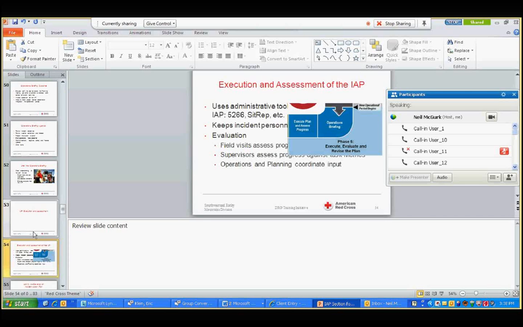And then basically what they have is their task. They're going to get a new exercise scenario or a continuation of the exercise scenario, and they're at the beginning of the day. Their goal is to develop an IAP for the next operational period, meaning they have to develop the IAP for tomorrow, and they've got to go through the entire process and work it out. They'll have about 2 hours to do that using the new information in their scenario. And then they'll have to come back as a group and discuss and work through it, with a facilitated discussion led by the instructor.